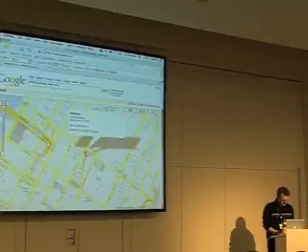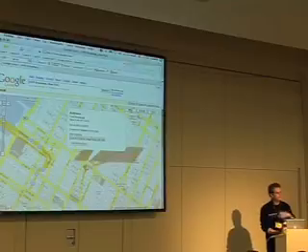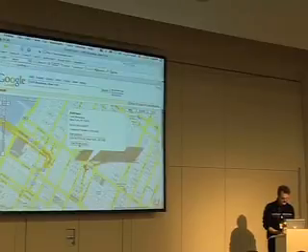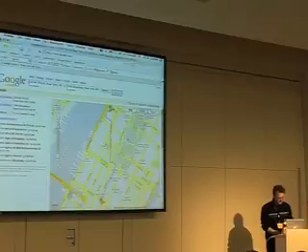You get a new map view, and that happens all in the same page. There's no page reload. And you can request driving directions to another place in the city. This would be my way to work if I would drive by car in the morning, but of course I don't.